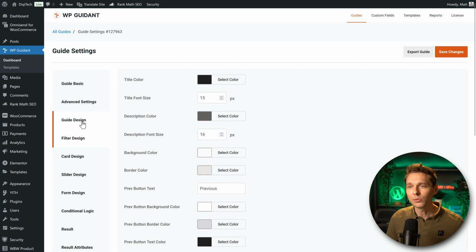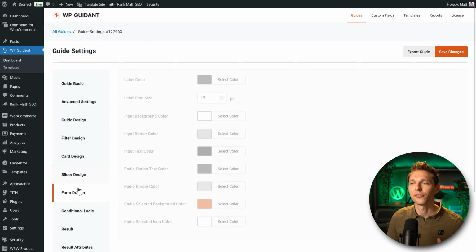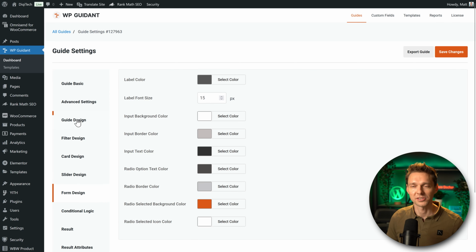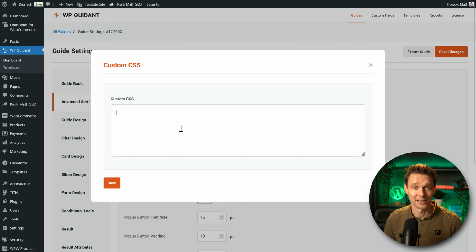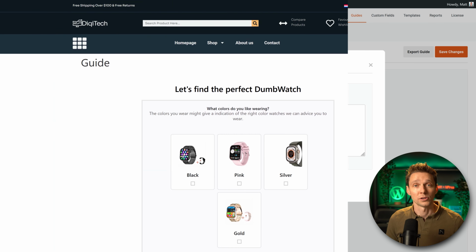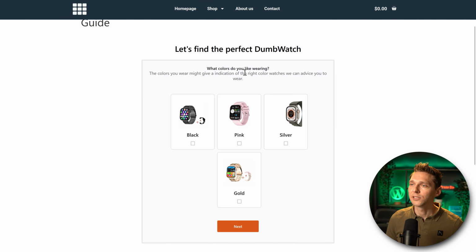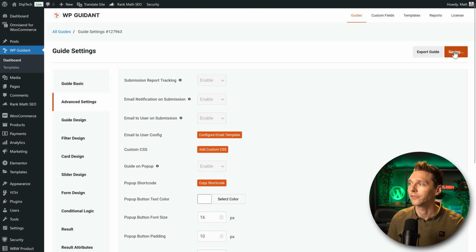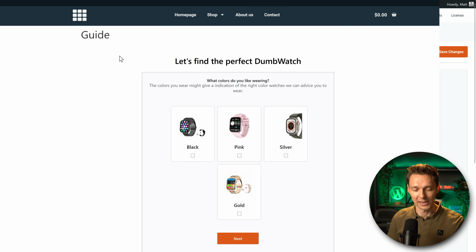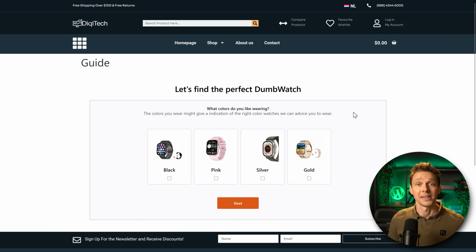The only thing I don't see over here is to change the fonts of the different elements on your guide. But of course, you can always go to advanced settings and go with custom CSS and just add it in over here. Problem solved. For example, in the custom CSS, I want to change the width of this thing. I think it is way too small. So I'm just going to add in this custom CSS, max width 1200 pixels, and I press save and save changes. And now when I refresh my guide over here, now it's 1200 width, which I like way better